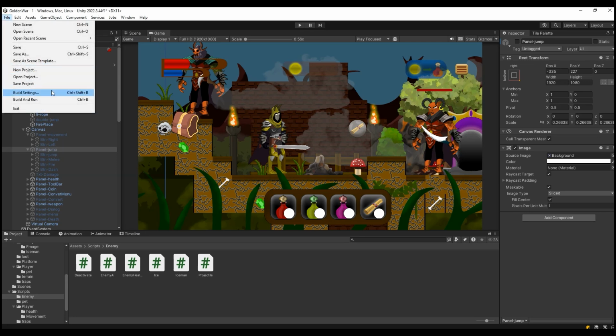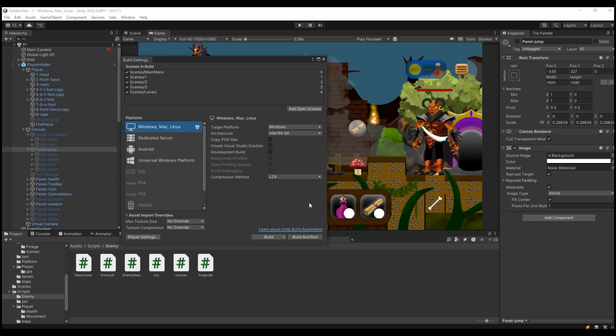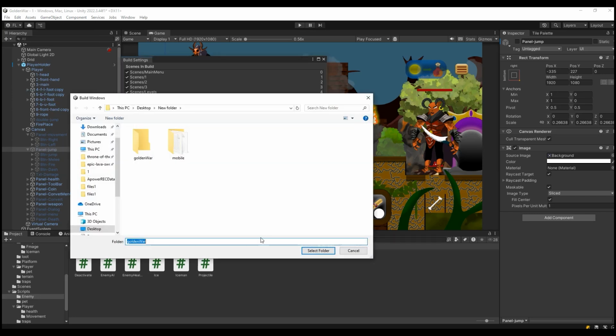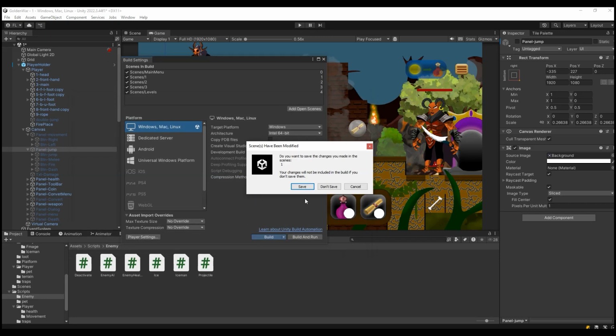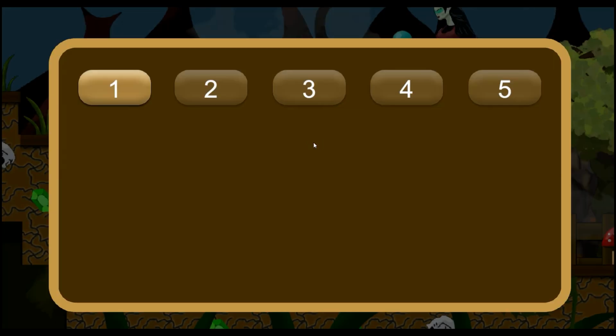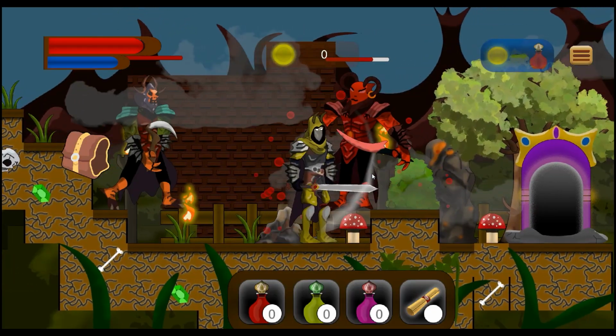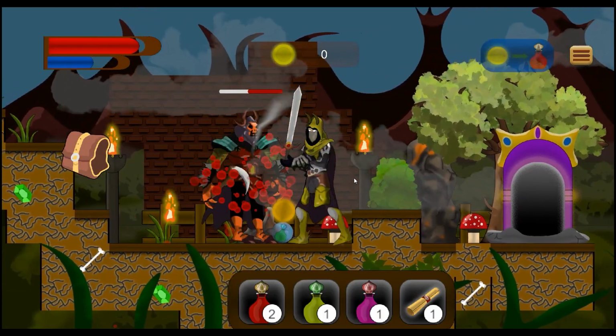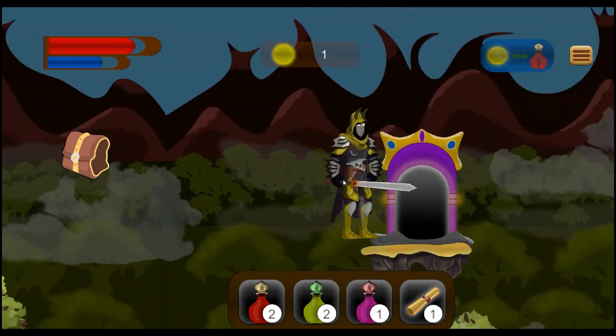And then go to your build settings and just build the game. And I say, okay, here. Now this has exported, and you have this exe file, and just play that. It's like other normal software or games. Just install that. And okay, play one. And you see the quality is very good here. Yeah, I like